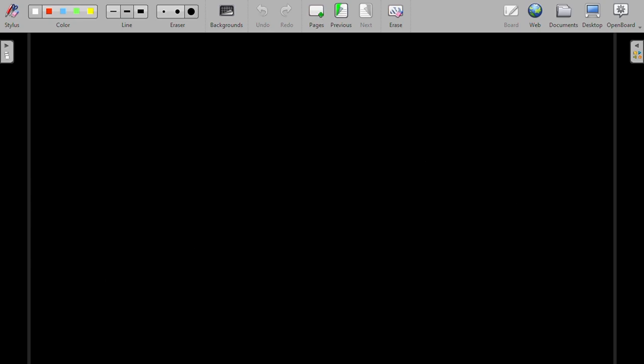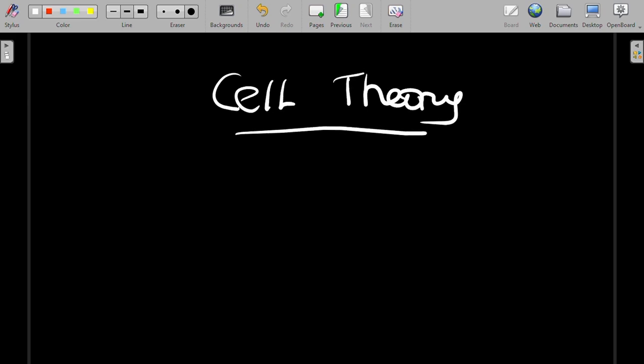Now let's talk about the cell theory. What is the cell theory? The cell theory is just trying to explain what the cell is about, why the cell is important, why you cannot do without the cell, and why the human body's activity and energy production require cells. So what is the first law of cell theory? The first law of cell theory is all living things are composed of cells.